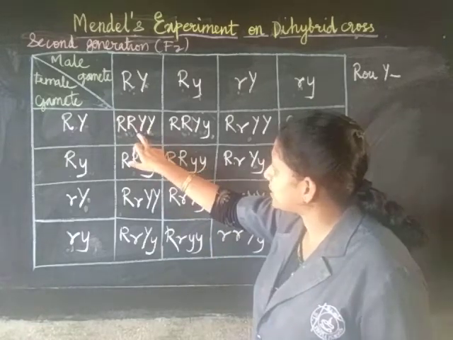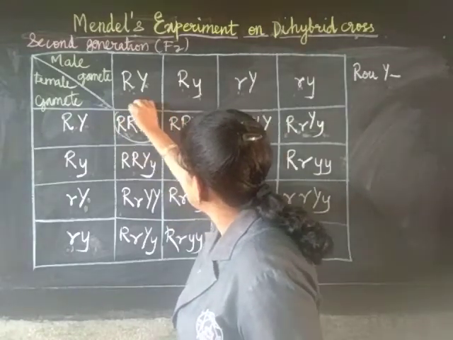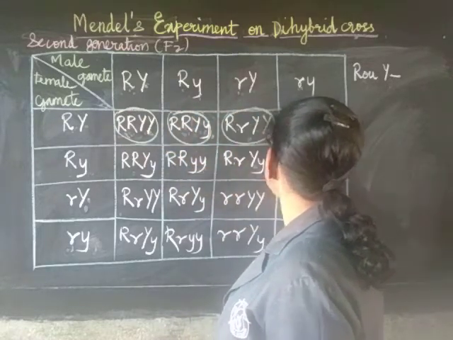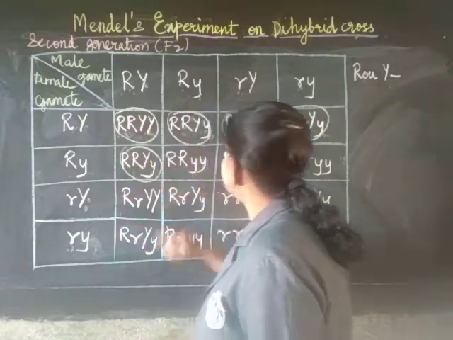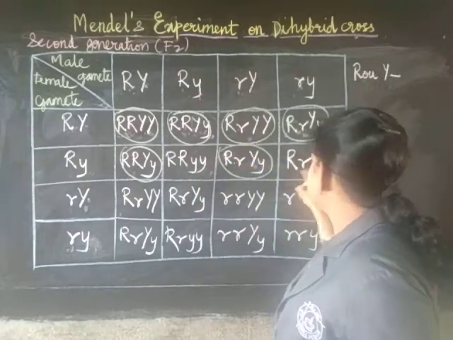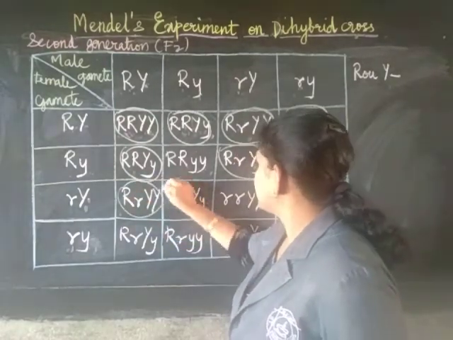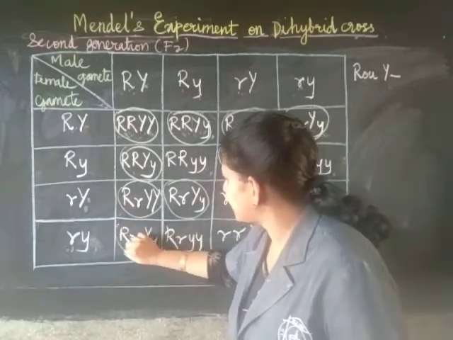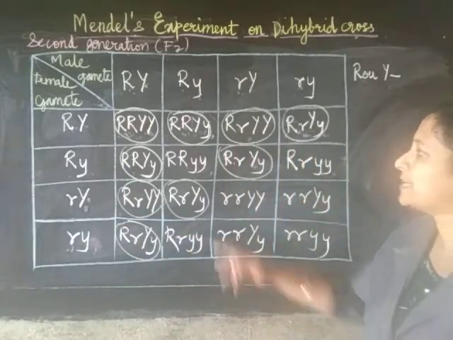So how many have we counted now? I just circle like this. In one chunk, 1 rounded and yellow, 2 rounded and yellow, 3 rounded and yellow, 4 rounded and yellow, then 5 rounded and yellow. Then this is not rounded and yellow. This is rounded and yellow. This is also not rounded and yellow. Let's see what it is. Then this is rounded and yellow. This is also rounded and yellow. These are not rounded and yellow. This is rounded and yellow. This is not, and this is also not. So how many are rounded and yellow? Let's see.